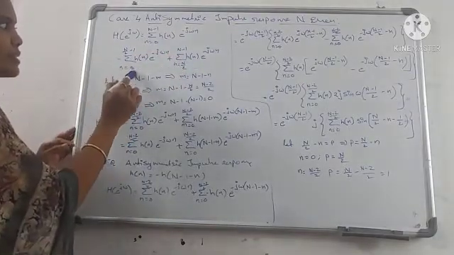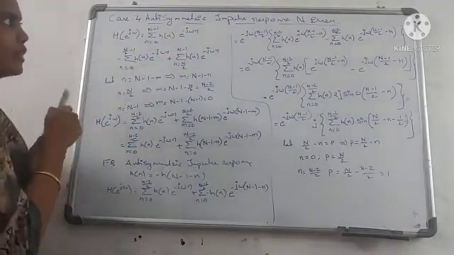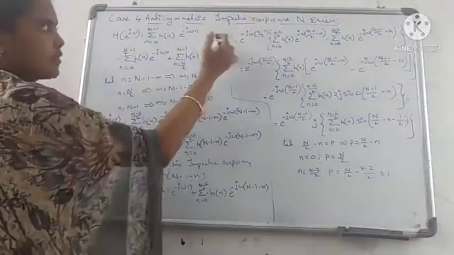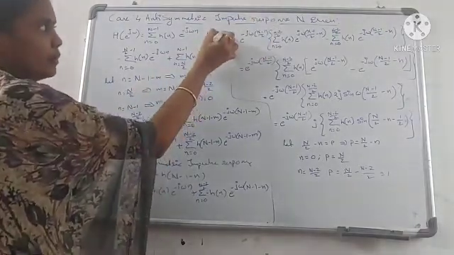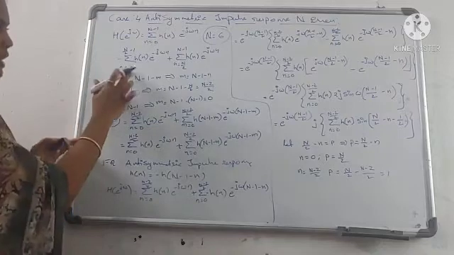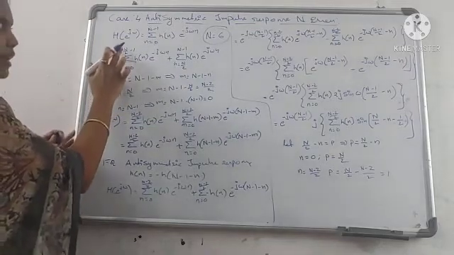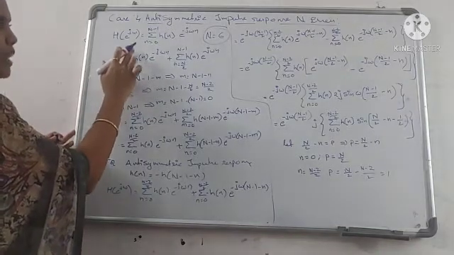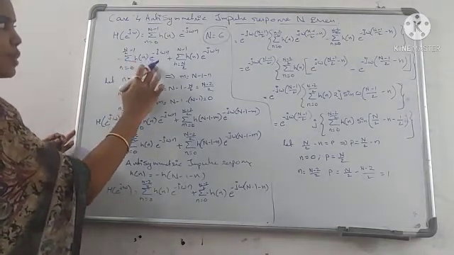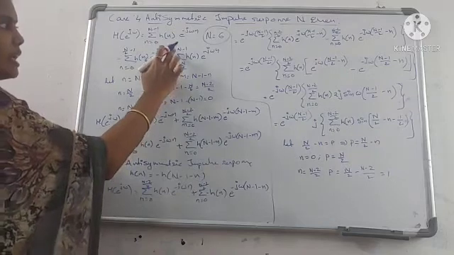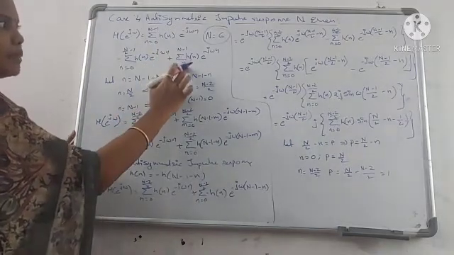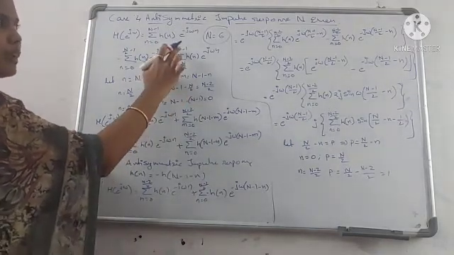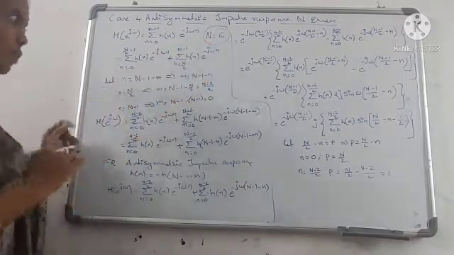So for n equal to N/2 minus 1, that means here N is even. Now consider N equal to 6. Okay, so n equal to 0 to N/2 minus 1, that is 6/2 minus 1, of h(n) e^(−jωn), and summation n equal to N/2, that means 3 to 5, of h(n) e^(−jωn).